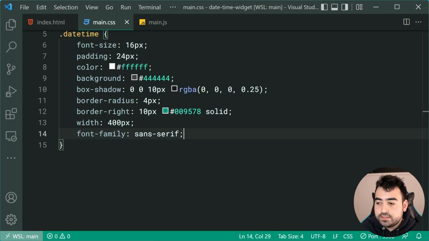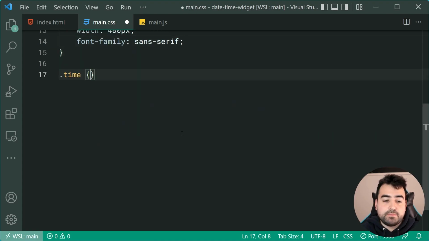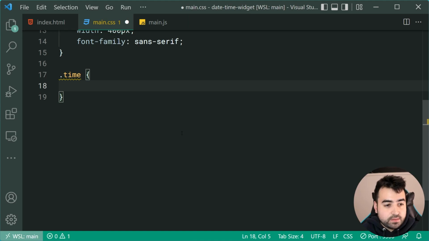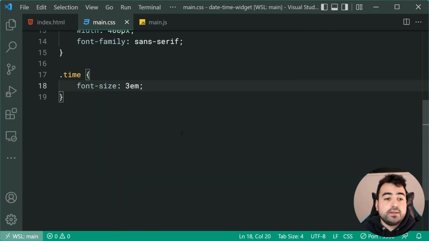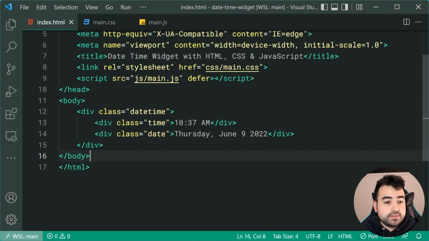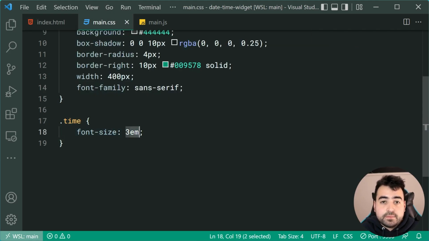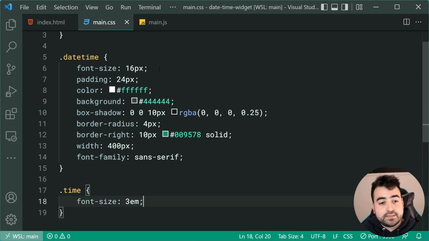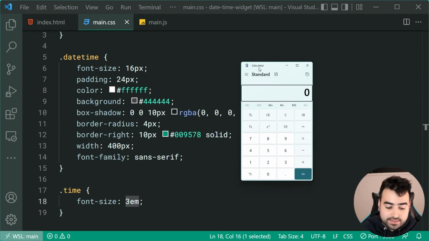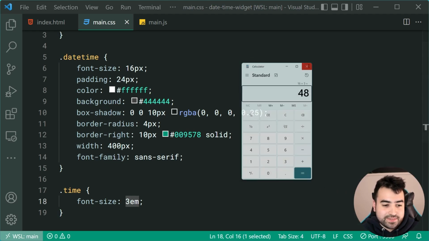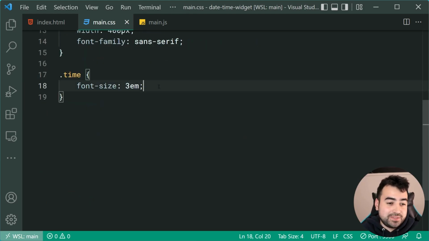should be. Back inside VS Code, let's now target the time. So when it comes to the time part, we can begin by setting a font size of 3 EM. Now, because the time element is a child of the date time, this EM just means 3 multiplied by the current font size. And because we set the base in the parent, it's basically just 3 times 16, which gives us, let's just figure it out real quick, 16 times 3, 48. Under pressure, it's hard to do math, guys, so I apologize, but this just means 48 pixels, 3 times 16,